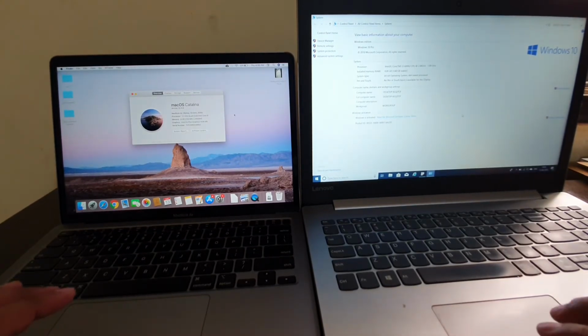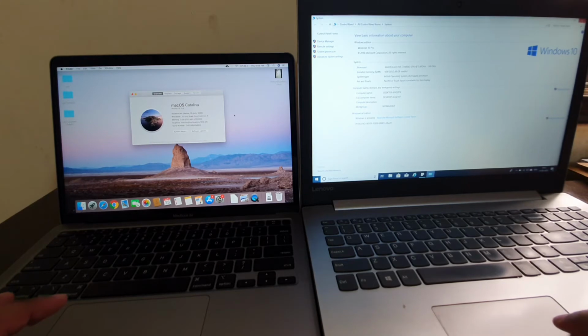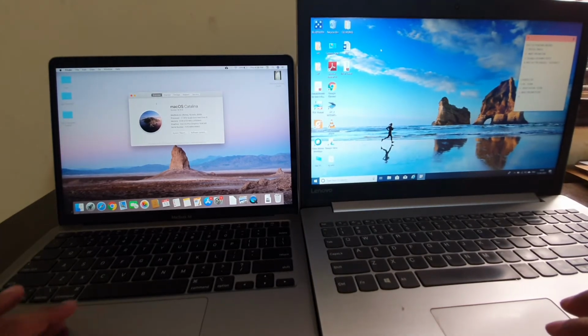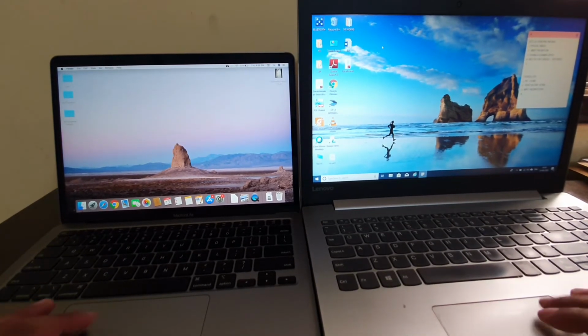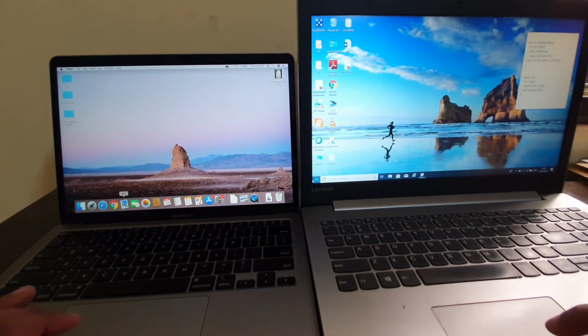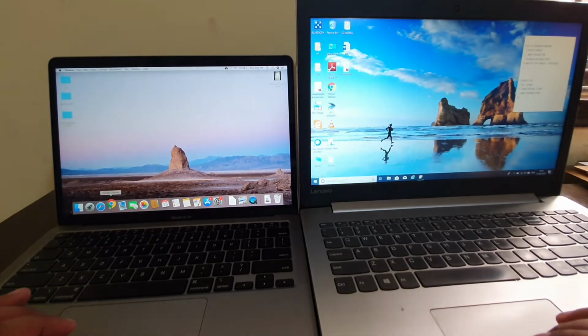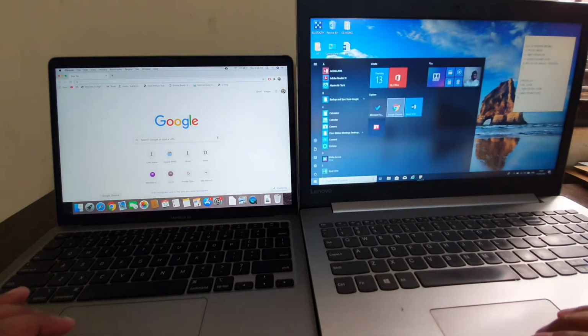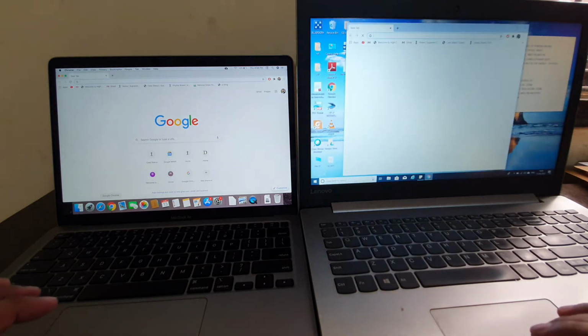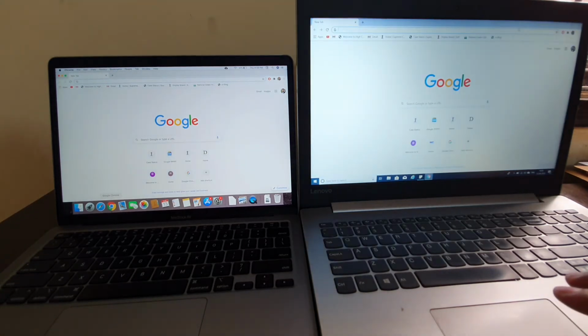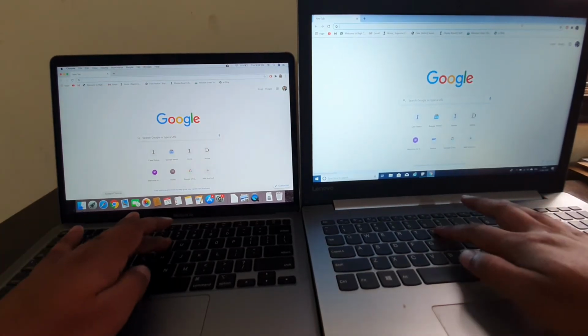Both are connected to the same Wi-Fi. Basically I will try to play video on Google Chrome. I will try to play some video on YouTube in 2K resolution.